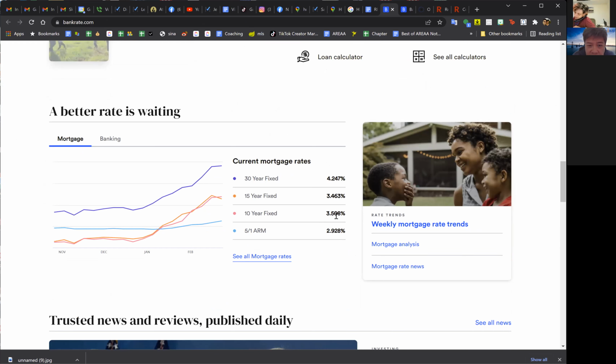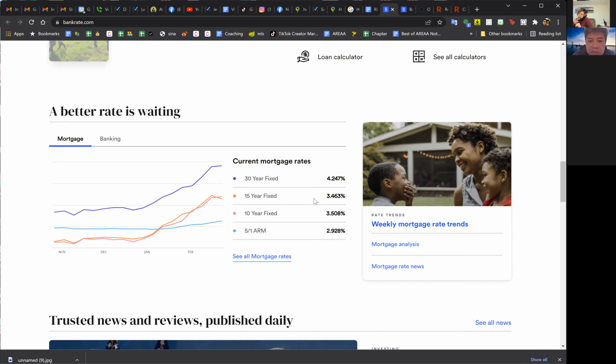10-year fixed is 3.5. 15-year fixed is 3.4. So if you were to choose between these two loans, you should pick the 15-year rate because it's lower and you can get the rate for a longer period of time. Your monthly payments will be smaller at 15 years, but you'll pay a total that's higher because you would have to pay 5 extra years on that payment. Okay. So you'll end up paying more on the interest,